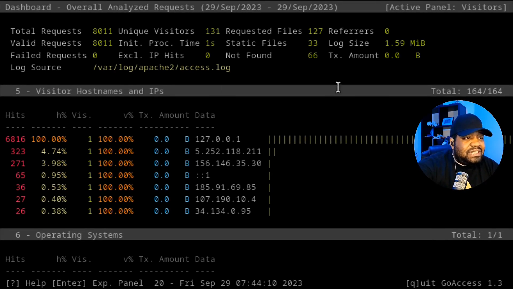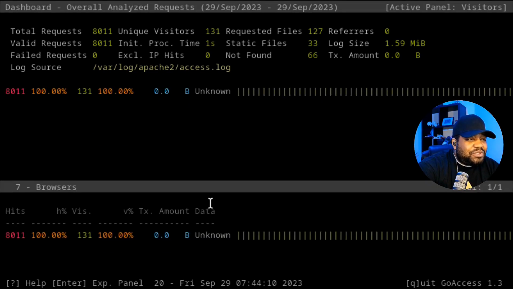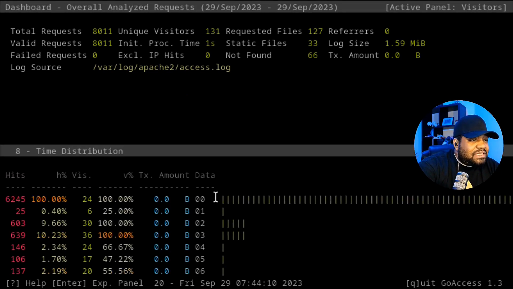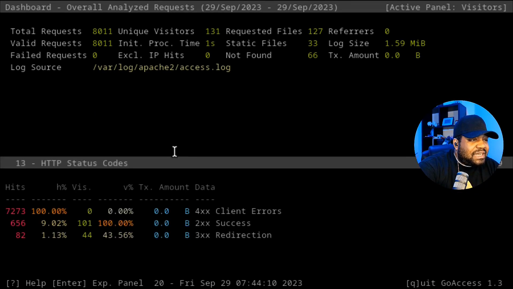But here's the IP addresses or host names, IP addresses, whatever it could find on the systems that hit. And as you can see, a lot of those requests were coming from internal. As you can see, 127, that's the server's home address. And then we got other IPs that it hit from. And then let's see, operating system unknown. That's because the majority of it came from internal. Time distribution, referrer URLs, referring sites,